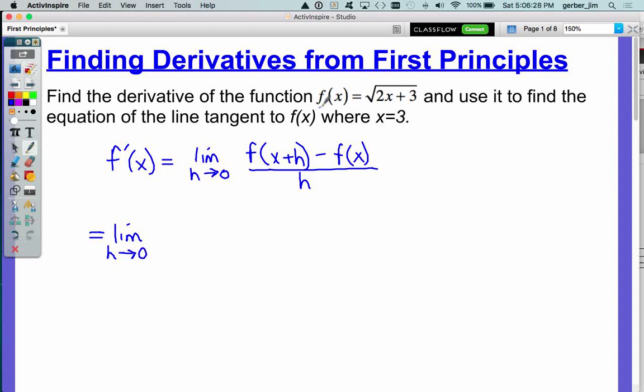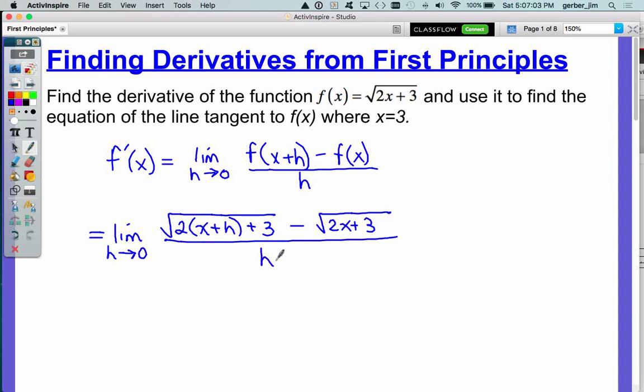We already know that f at x is the square root of 2x plus 3. And if we know what f at x is, we know what f at everything is. So f at x plus h is just the square root of 2x plus h plus 3. In other words, we substitute x plus h wherever there's an x. So this becomes the square root of 2 times x plus h plus 3 minus f at x, which we already know is the square root of 2x plus 3,